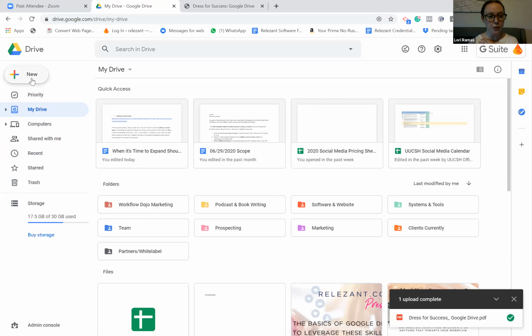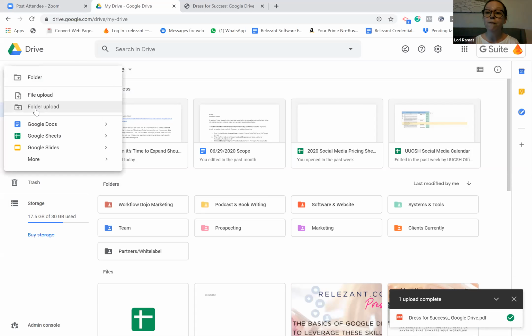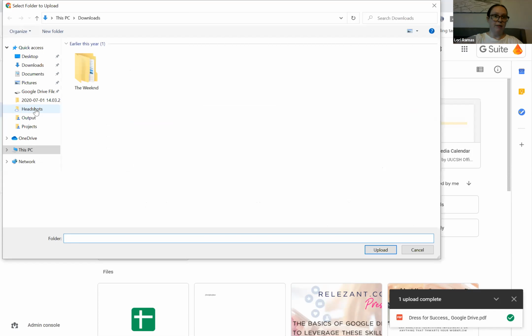So that was new file upload, and then there's folder upload. What if you have a whole bunch of photos from your superior and they're saying, I need you to just make a new folder and give everybody permission to use it. Folder upload, and then you could have something with hundreds of photos. This is like an album that I purchased from my favorite artist. I can upload the whole folder in one shot. Makes it very, very easy.